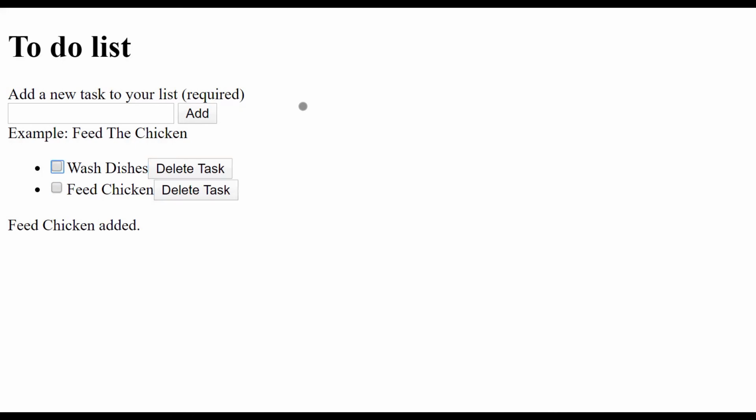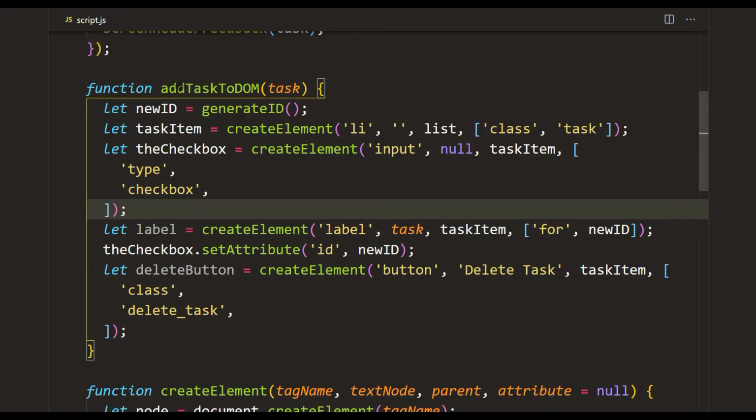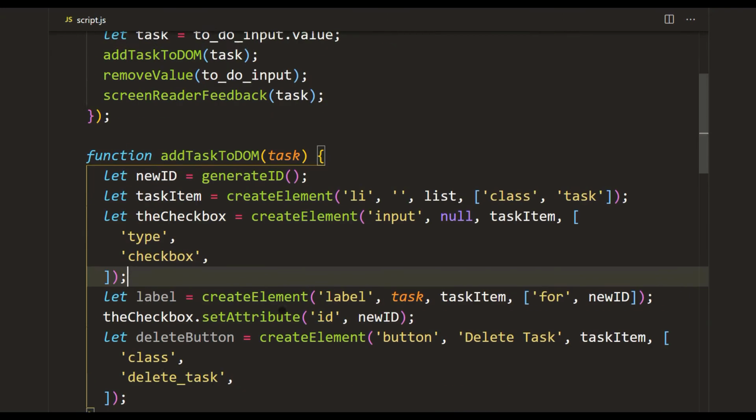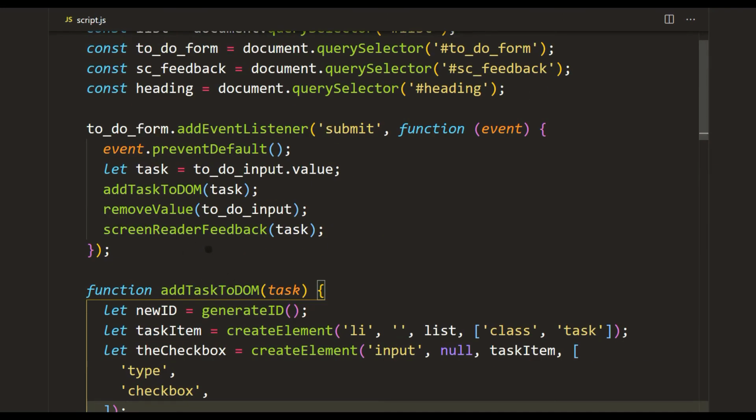And remember, this is something that I've seen in so many to-do list apps: they're not accessible. They're using a span, for example, for the checkbox, or they're using a div for the button. It's just really bad. If I go to the checkbox and I press the spacebar, I can check and uncheck, it's just so accessible. And we created this magic using addTaskToDOM and createElement. So instead of copying and pasting, we managed to abstract it, and inside our submit form event listener, we're only using a handful of functions.